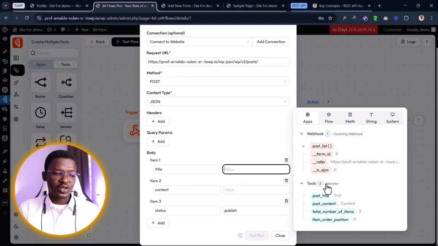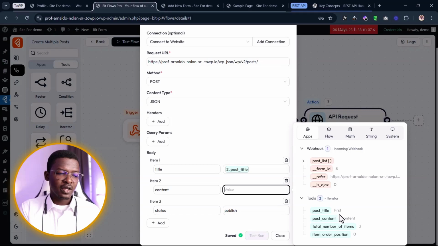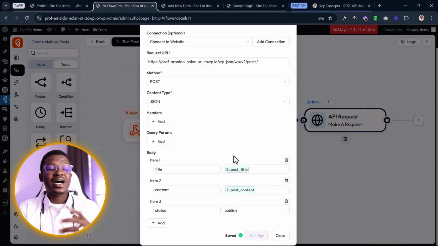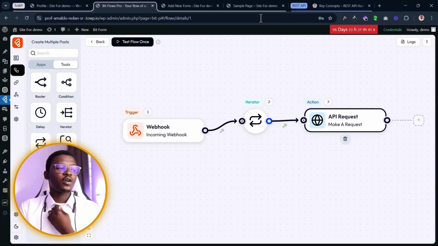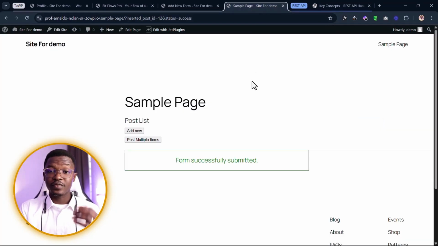Now we have the iterator here, which of course fetches the items for us. This is very nice. So we can select the first one, point that to post title. We could select the second one here and point that second one to post content. Now we're going to have all of the posts we try to create created all at once. Let's close this out. And now let's come to the front end and try to make use of this one